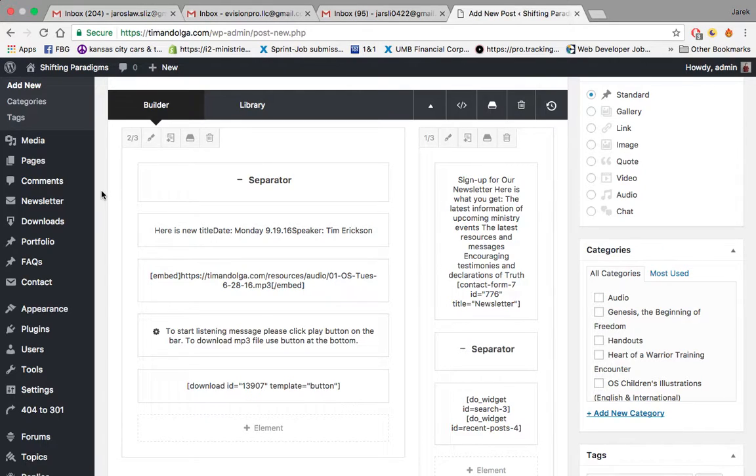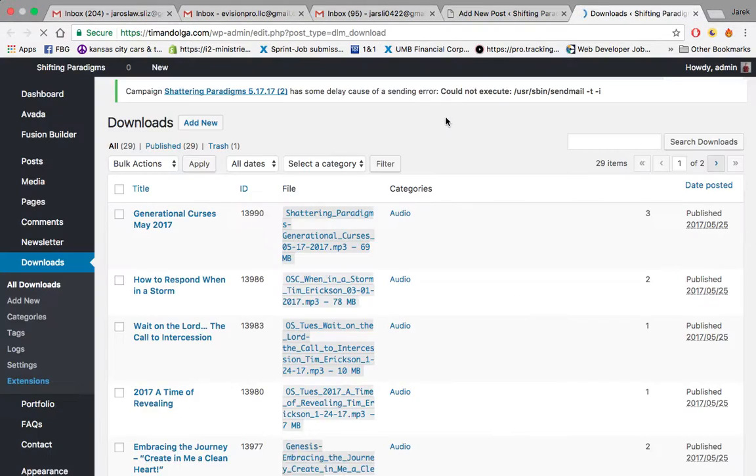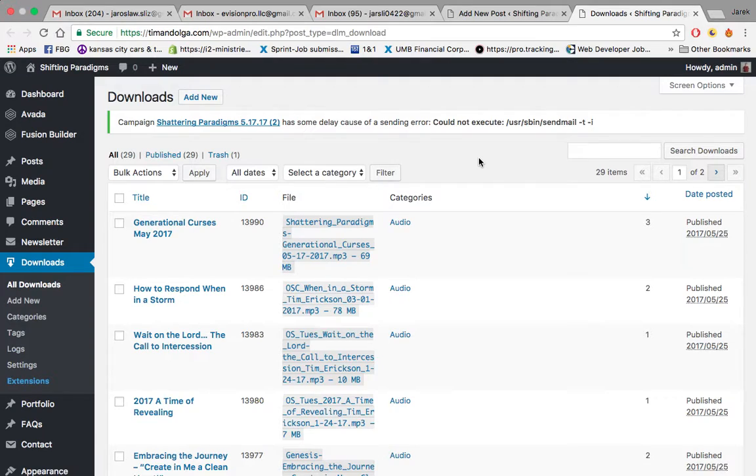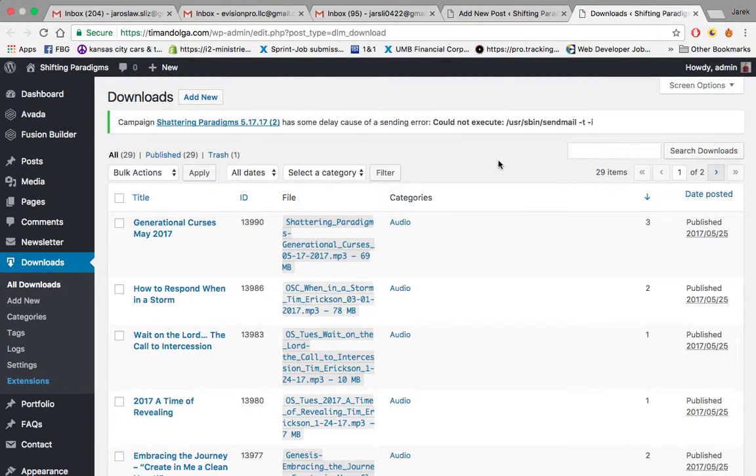So what I'm gonna do is I'm gonna click Command and hit on the mouse, and that's gonna open for me a list of files I've got for downloads. So what do you need to do before you put the button in the content? First, you have to add to the system information about this download. So you have to add a download file. What you need to do is basically just add new,